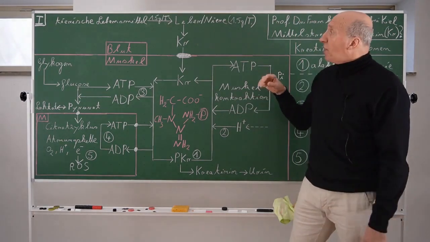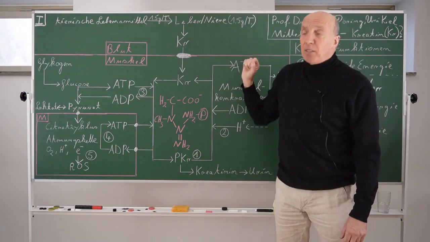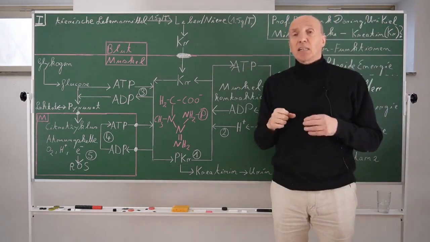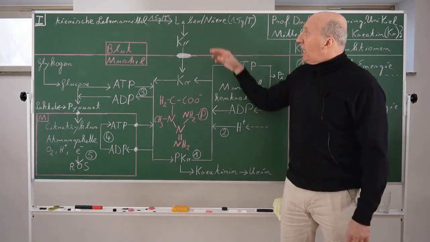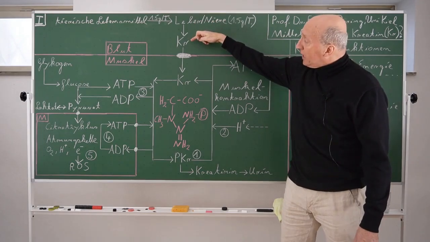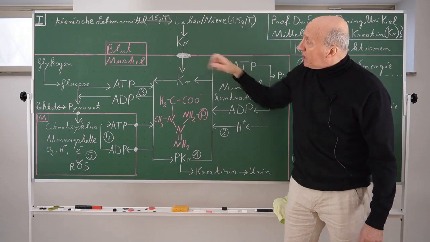In fact, the body is able to produce about 1 to 2 grams of creatine per day in the connection between the kidneys and the liver. The liver then releases this amount of creatine into the blood, and creatine is then absorbed into the muscle cell